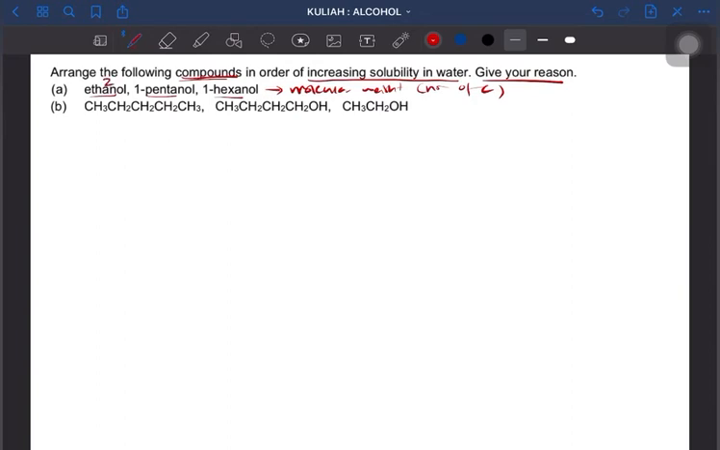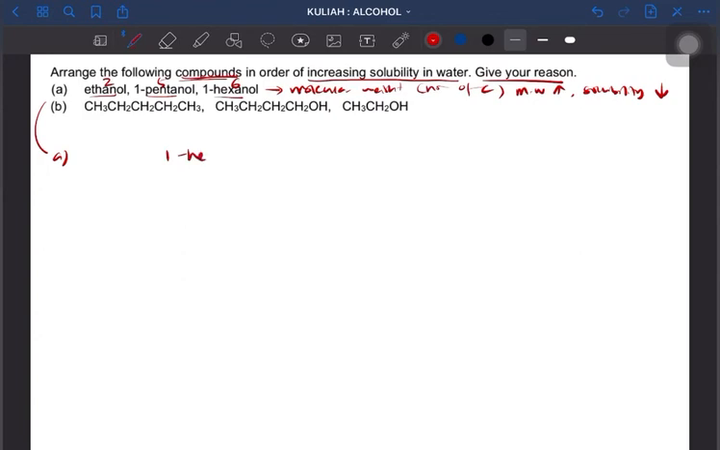So in this case, kita ada 2, kita ada 5, kita ada 6. So kita tahu lagi sikit number of carbon dia, lagi increase dia punya solubility. So kita tahu dekat sini, molecular weight increase, solubility decrease. Okay, so kalau kat sini dia suruh kita increasing order, maksudnya yang paling tak soluble kepada yang paling soluble. So yang paling tak soluble dekat sini, yang paling banyak carbon lah, yang paling tinggi dia punya molecular weight, which